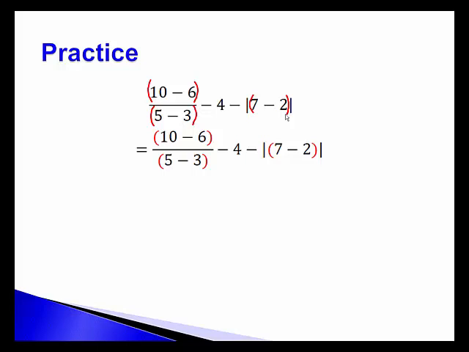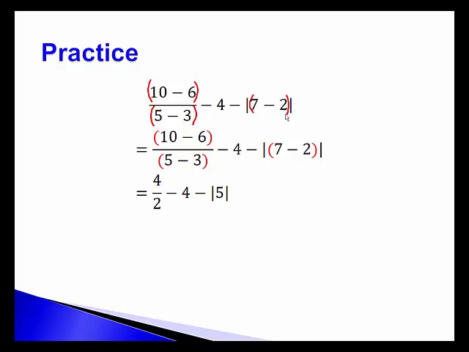So now let's start evaluating. I need to evaluate the numerator first, and I get 10 minus 6 is 4, and 5 minus 3 is 2. So I end up with a line that is 4 divided by 2 minus 4 minus, and then the 7 minus 2 inside the absolute value gives us a 5. Let's continue evaluating. 4 divided by 2 is just 2,